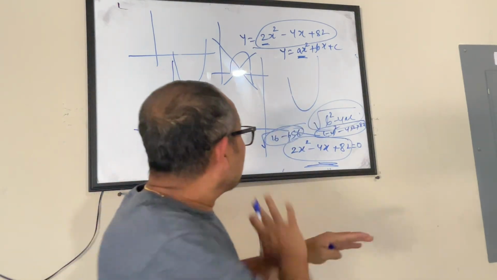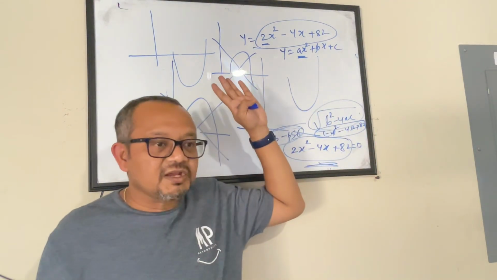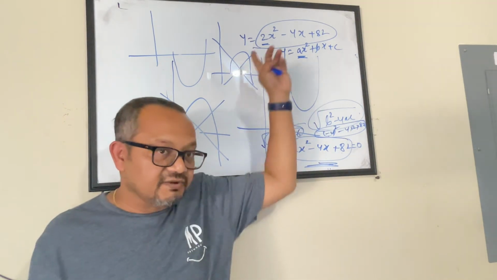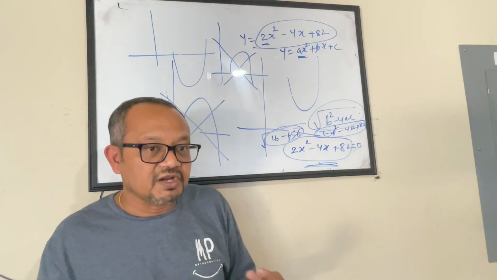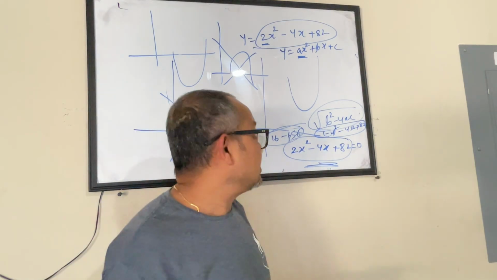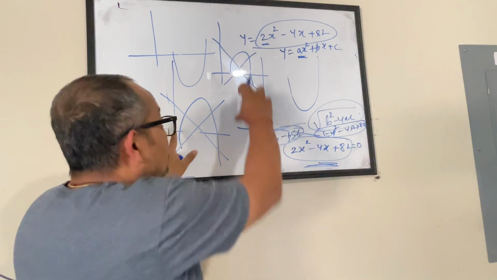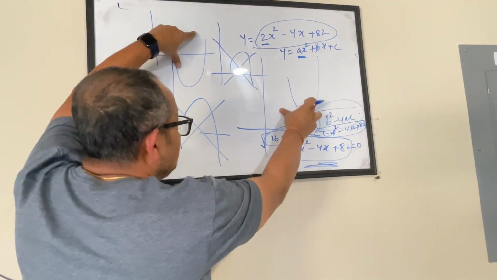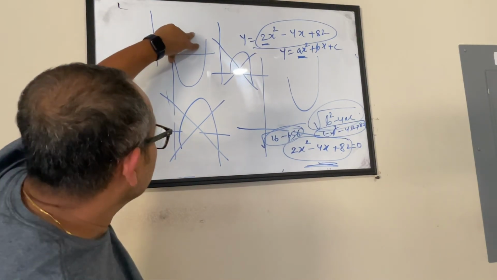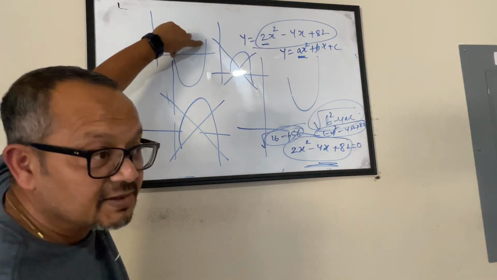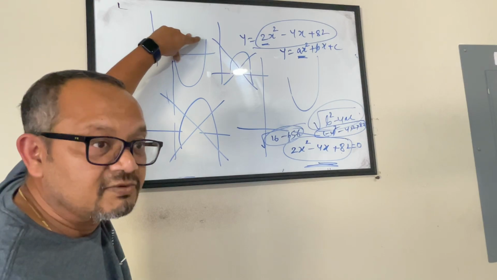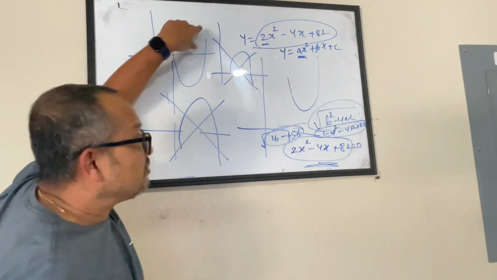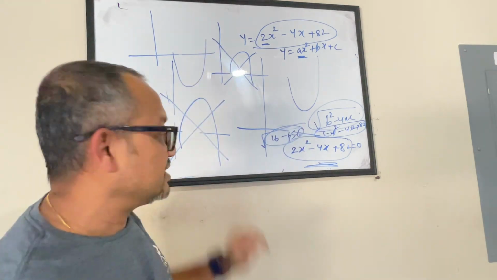So without doing much calculation, while it looked like a scenario where you have to deal with a lot of calculation, plot the table, deal with x and y values, what did we do? We looked at elimination. Just by looking at a, we could rule out two of the options. Then we were talking about only these two. And when we look at these two, the first thing we say is, in this case I have a solution, this is intercepting the x-axis, meaning it has a solution for y equals 0, and this one doesn't have. How do I find out whether this is the case or this is the case?